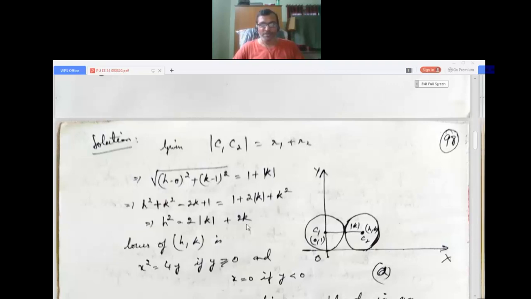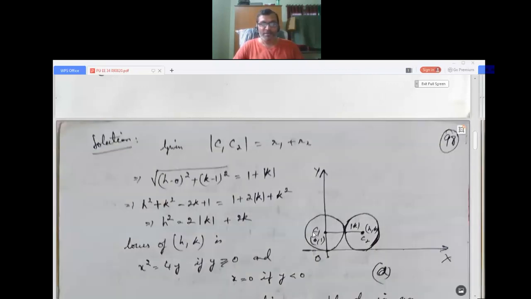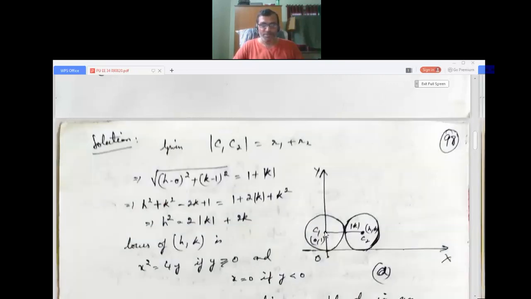Now this is the idea. See, this is the variable circle. It touches the x-axis. Here the circle with center 0 comma 1. This is a rough diagram. This is C1 C2, so r1 plus r2. This is mod k because it touches here. If a circle touches the x-axis, the y-coordinate of the center will be the radius. Here also radius will be 1.